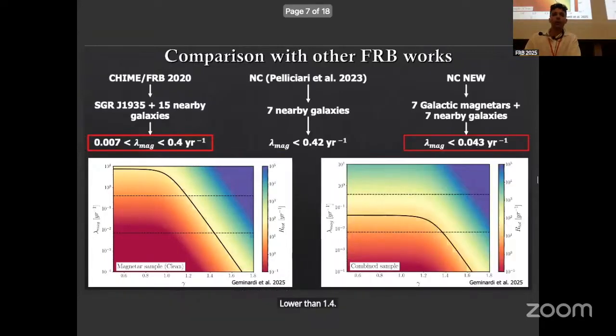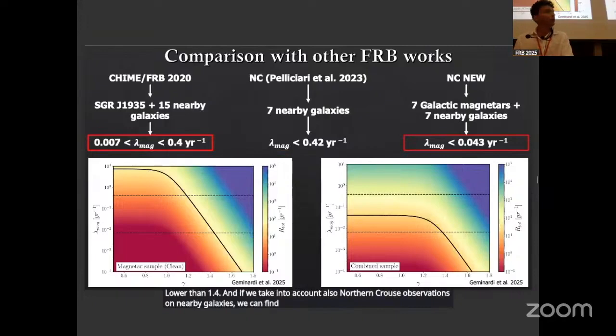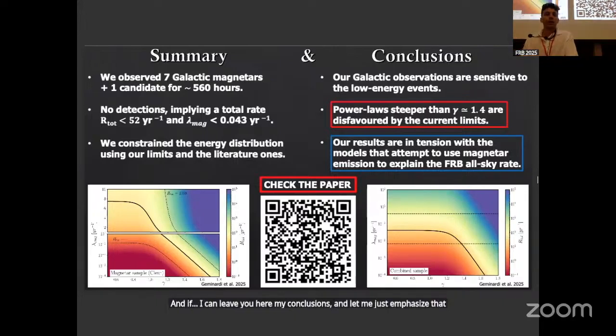And if we take into account also Northern Cross observations on nearby galaxies, we can find an even more stringent limit. Let me just emphasize that we constrained the power law slope to be less than 1.4, and also this result is